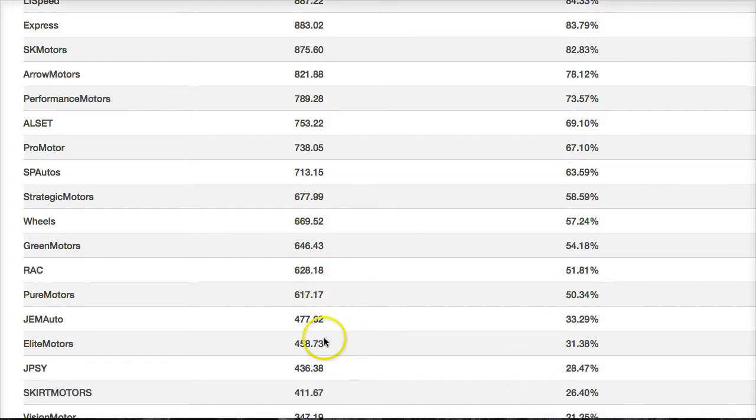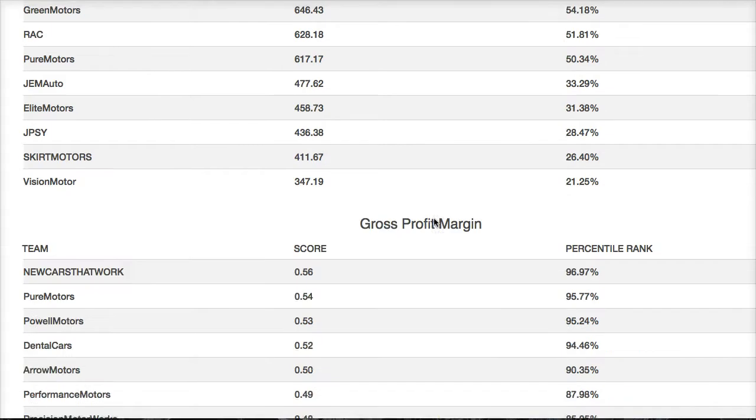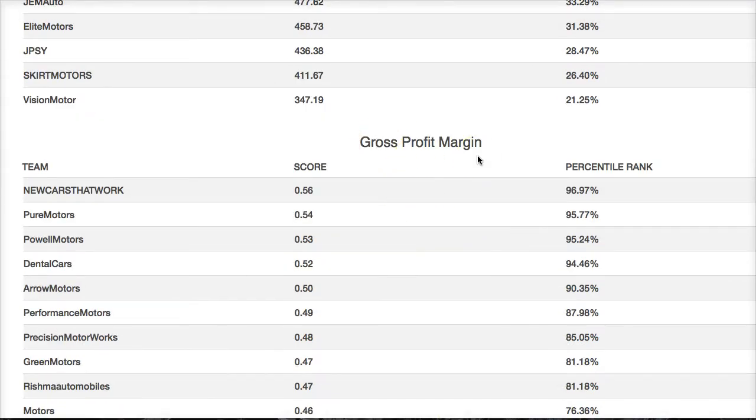If you scored under 600 points, you need to really reevaluate what your team is doing and look at this, play some practice rounds, watch my videos, and get a better sense of what you're doing here because you're falling way behind. So gross profit margins is where it's at. When companies announce earnings, investors want to see increases in gross profit margins. So how do you know what the gross profit margins were?